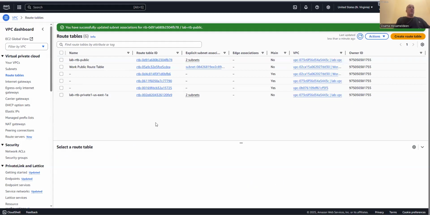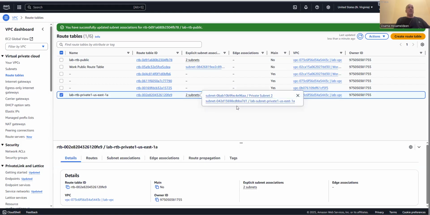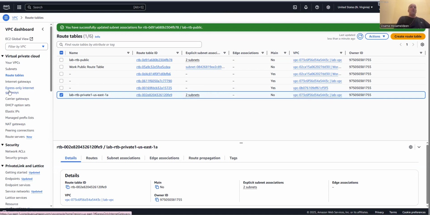Okay. Now we created our 4 subnets. If you see, the public route table has 2 subnets attached to it, and the private route table has 2 subnets attached to it. If you click on one of them, you will see the 2 subnets. Also, if you click here, you will see the attached public and private subnets. Okay. Now we move to creating our